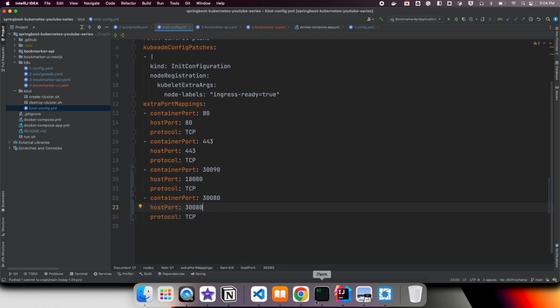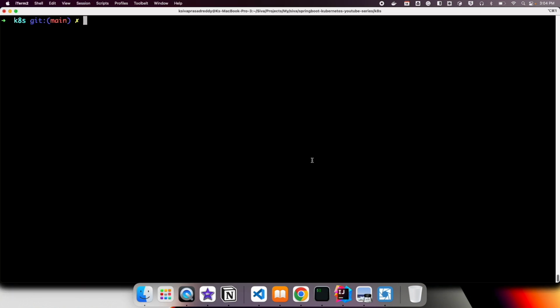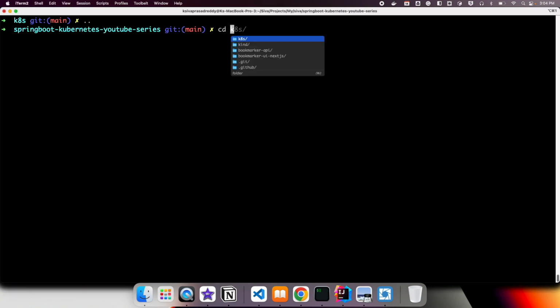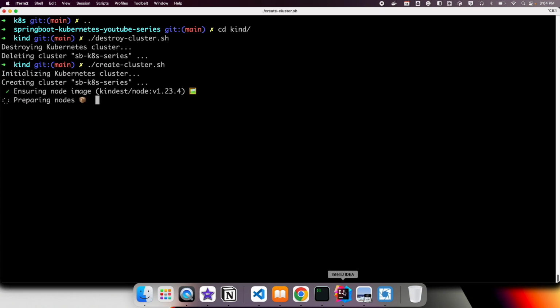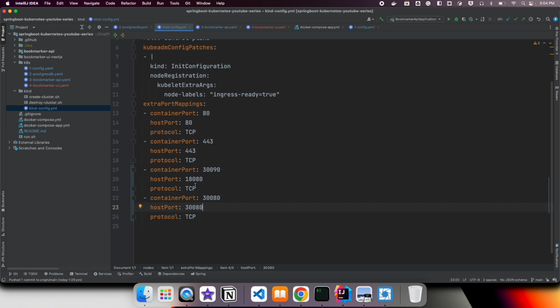So with this one, we need to destroy this cluster and then recreate it. So here we can go to cd kind and then destroy cluster, and then we need to create cluster as well. So it is going to take these updated parameters, and then it will make these ports available, which will forward the request to this container's